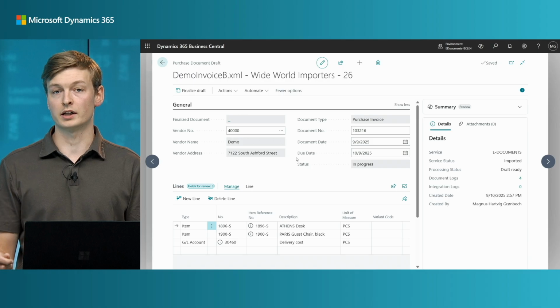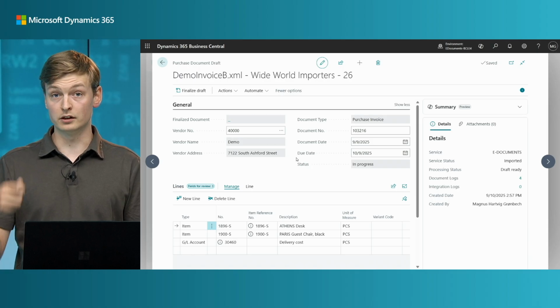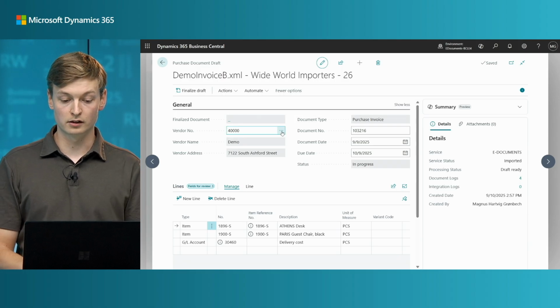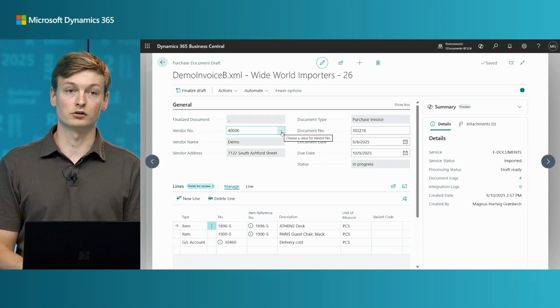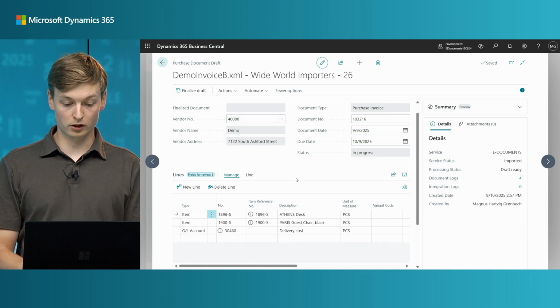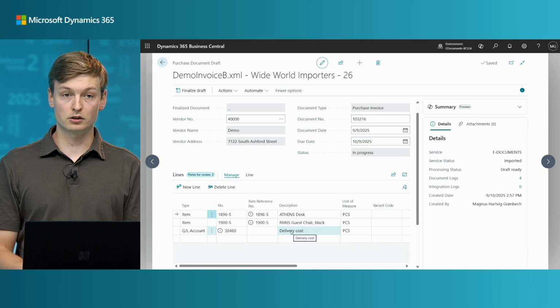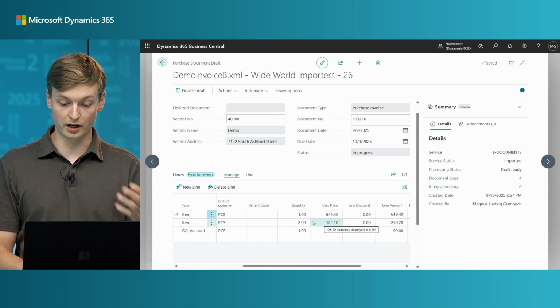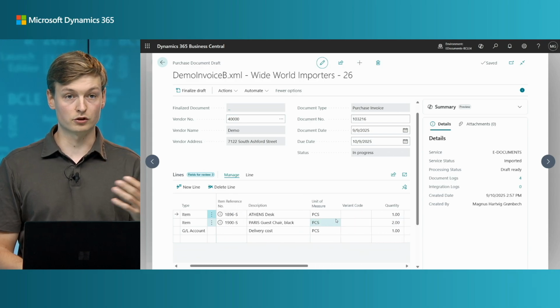This could be because we can't find anything with a VAT number or the name and address don't match, but you can then go and choose a value for the vendor yourself. You can do a lookup, and then this way you can select. Then we can also see that all of the lines are now editable. And that means that we can actually go change both the quantities and the prices and units of measures, descriptions,